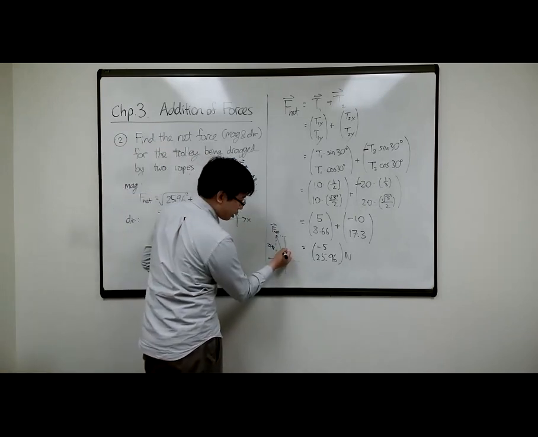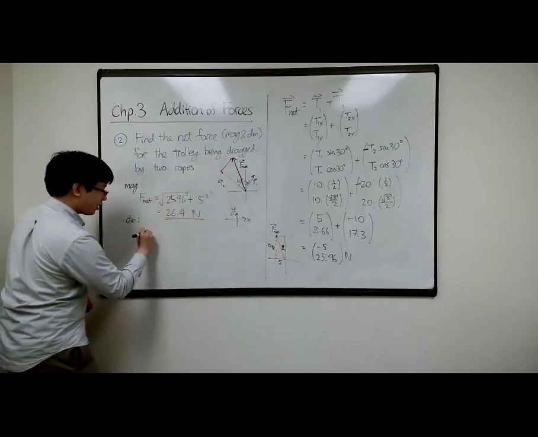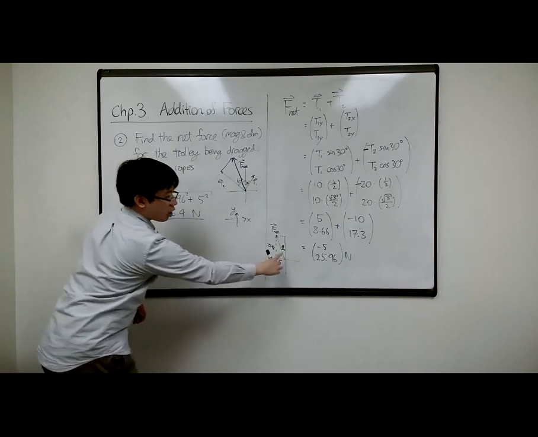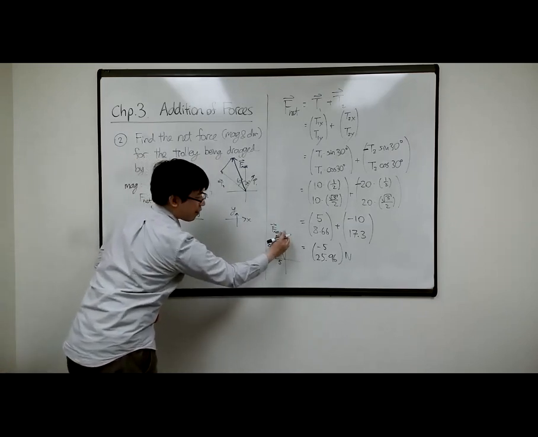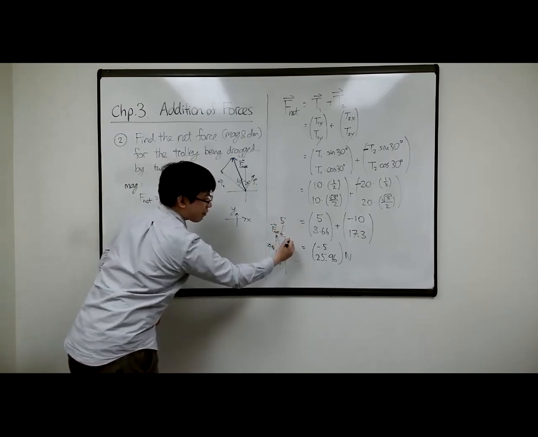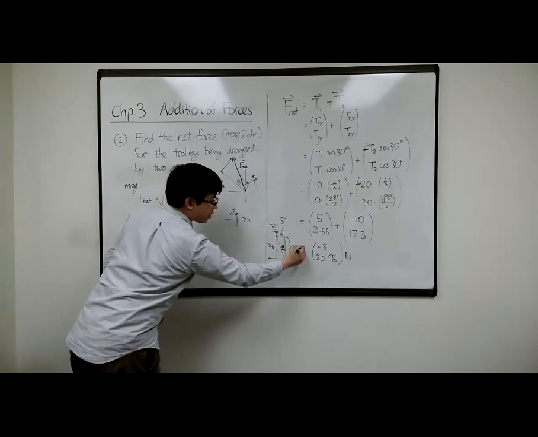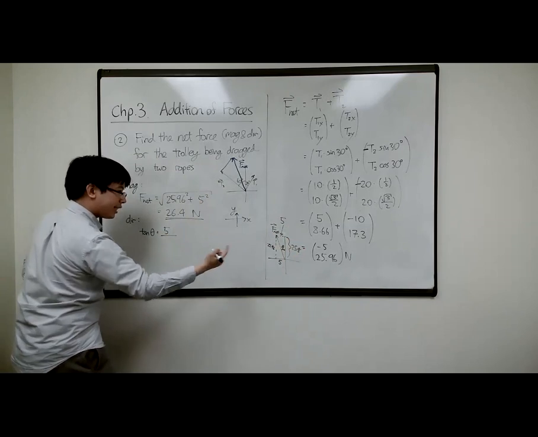So let's do this one. Theta. So the direction is tangent theta is opposite over adjacent, right? So that's 5. Sorry, I don't know if you can see this, right? So that length over there is 5. That length over here is 25.96. So tangent is opposite over adjacent,